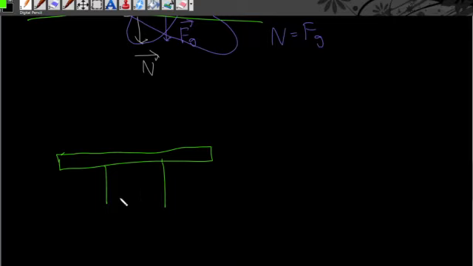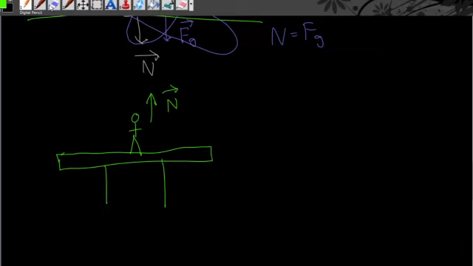So the problem says if you stand at rest on a bench, the bench exerts a normal force on you. Yeah, sounds fair enough. So this is the normal force the bench exerts on you. What force is related to this normal force when using the third law? And so the options this question gives are A, the gravitational force from the Earth on you, B, the gravitational force from you on the Earth, C, the normal force from you on the bench, or D, none of the above. And as I said, well,